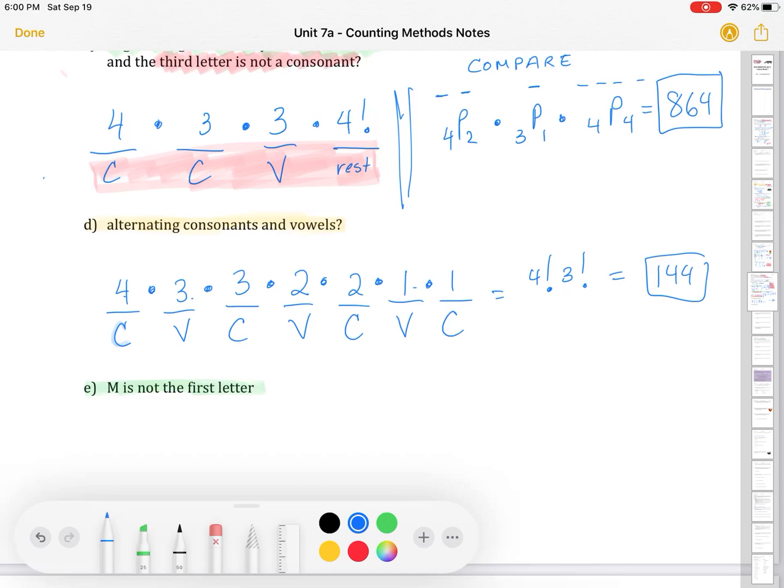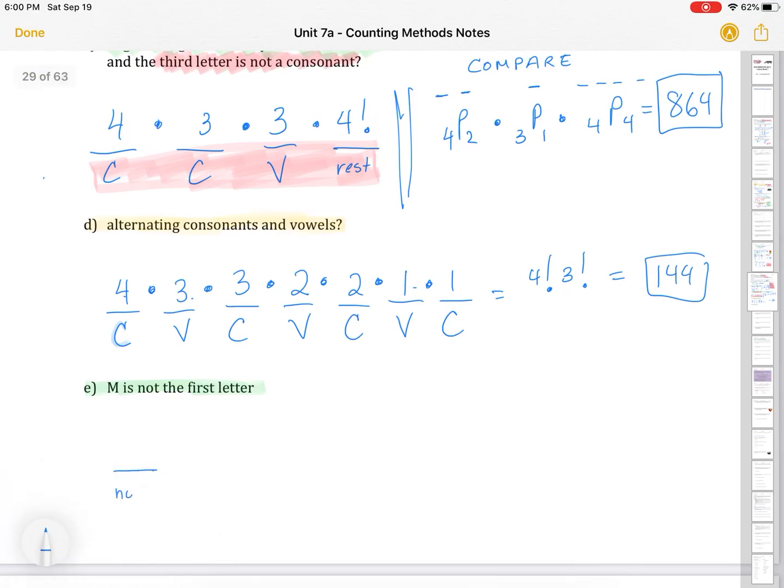Let's look at the next restriction. It says M is not the first letter. So looking at this, the first letter is not M, and then all the other letters are the rest. Okay? So how many letters are not M? 6 of them. And then for the rest, we're going to have 6 factorial. And we would get as our answer